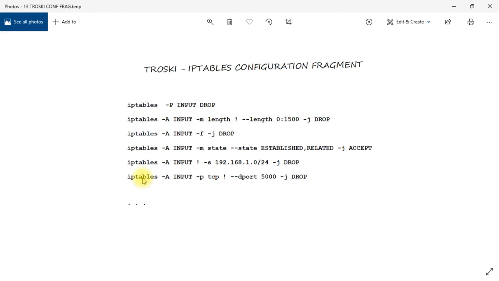Like you see, right here we've got the same situation, exclamation mark and dport 5000. That means that everything is not allowed except telnet traffic sent to the port 5000 and sent from the network right here, from the network up here, so from the network 192.168.1.0.